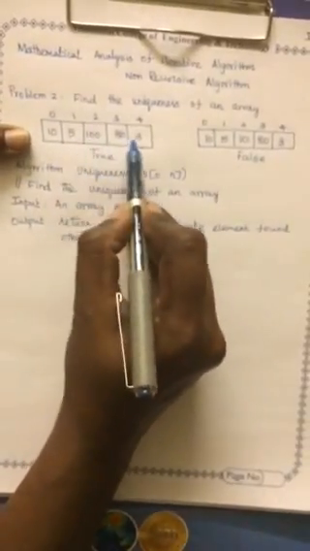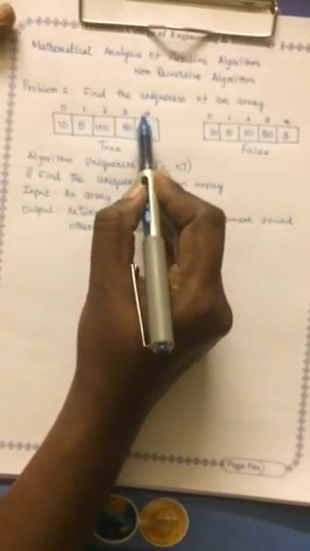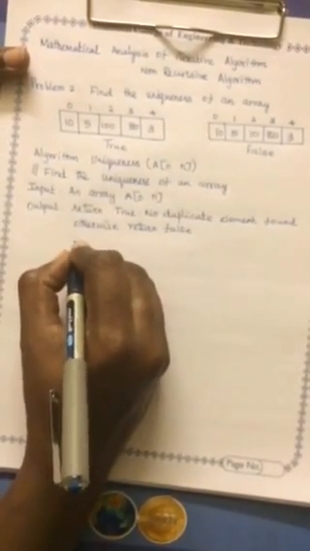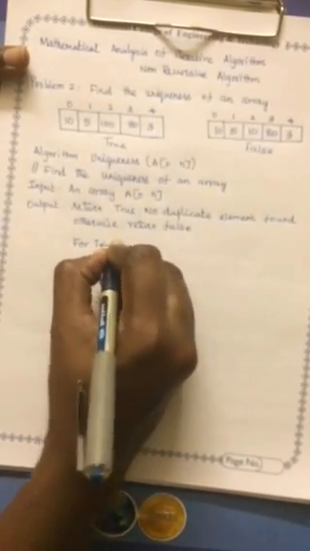So what we are going to do is, we are going to take 10 and compare it with the remaining elements, and similarly we are going to take 5 and compare it with the remaining elements. Similarly we are going to take 100, compare with the remaining elements, and take 80 and compare with the remaining elements. When it comes to the last element, no need to compare. If it is only one present, then it is called uniqueness. So our first for loop starts with i equal to 0 and goes up to n minus 2, because when you are checking the uniqueness of 80 with 3, it ensures 4 is a unique element.